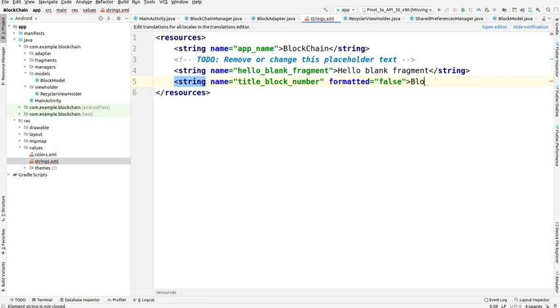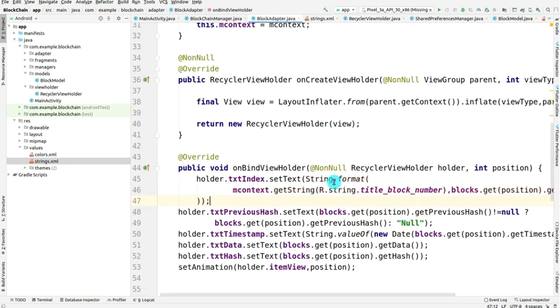So let me add block hash, and then the format %d for integer, then I have closed this. Then let me go back, so you can see that the error is removed, and now the class is also error free.